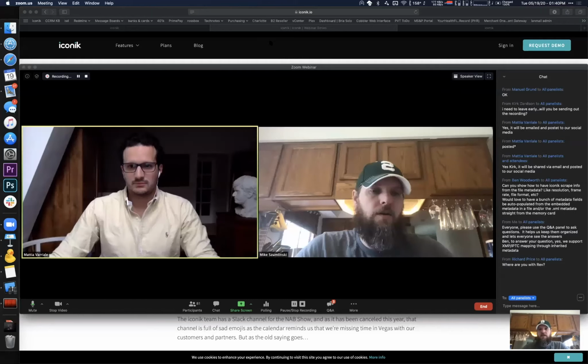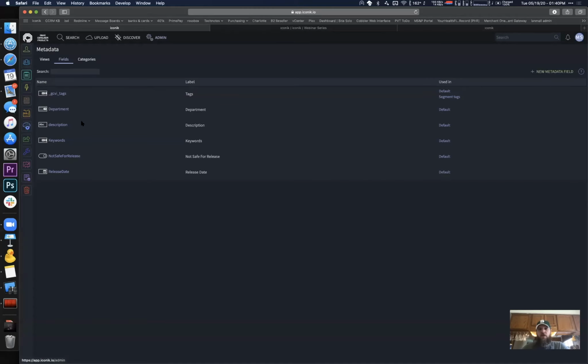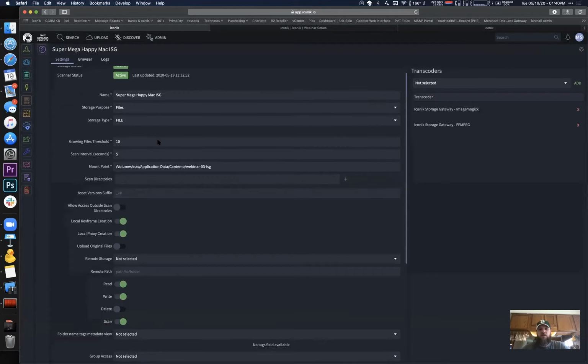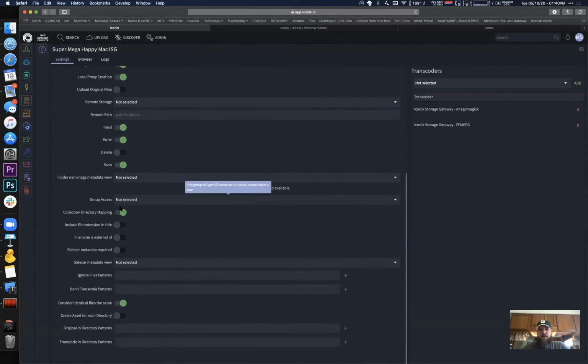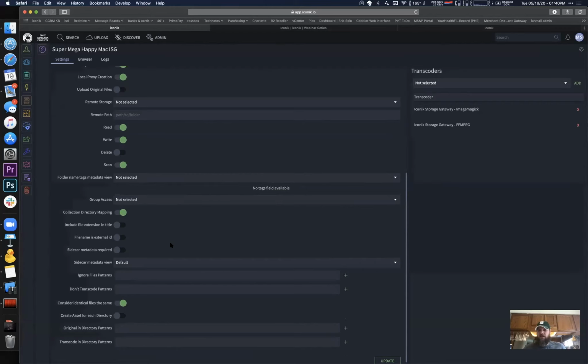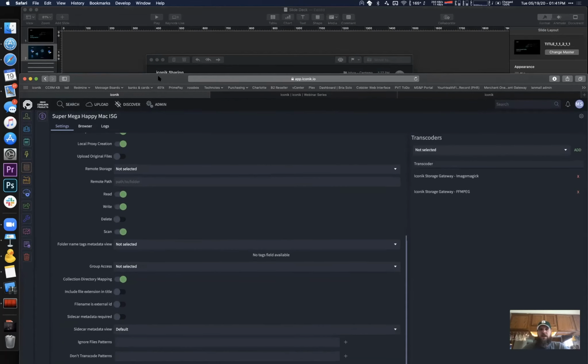Now, there are a few things you have to do to make that work. In Iconik itself, when you are creating your Iconik storage gateway or a cloud storage bucket, because this does work with cloud storage as well, you will notice that there is a section down here for sidecar metadata view. Because Iconik works with the concept of views, access rights to views, and has very powerful and granular access controls for everything, you need to say what view your sidecar metadata file maps to, associate it here, and update the storage. In addition to that, your file needs to be in a supported format. So we support JSON, XML, and